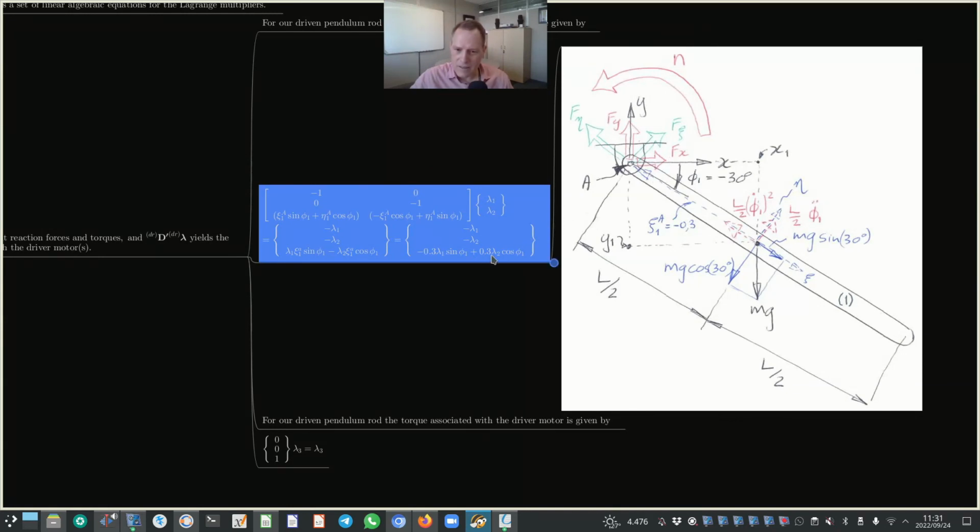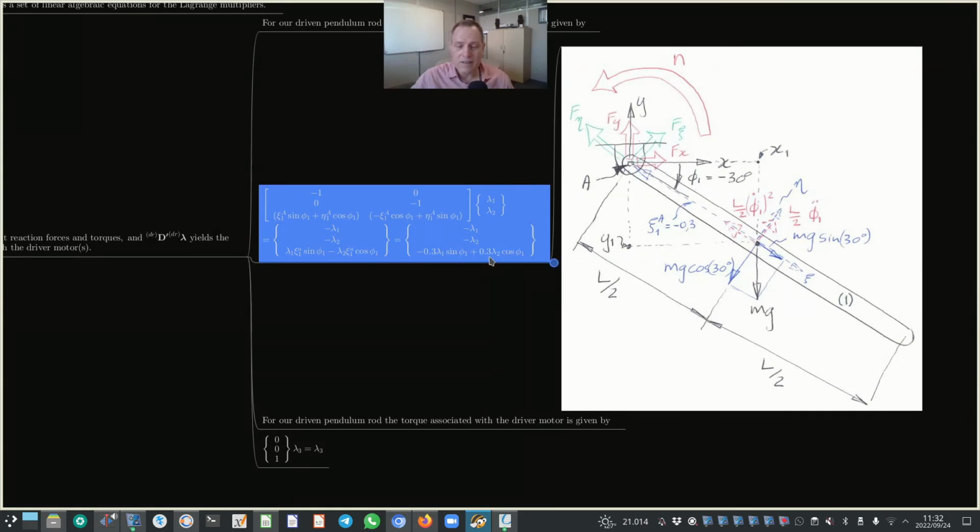Alright, and similarly, let's just have a look here. Lambda 2 is the negative of Fy. Okay, so that's a minus. Cosine of a minus is plus, so this is then also a negative moment. Okay, the moment associated with Fy about the center of gravity is in the clockwise direction, and hence it is a negative. Okay, so that's